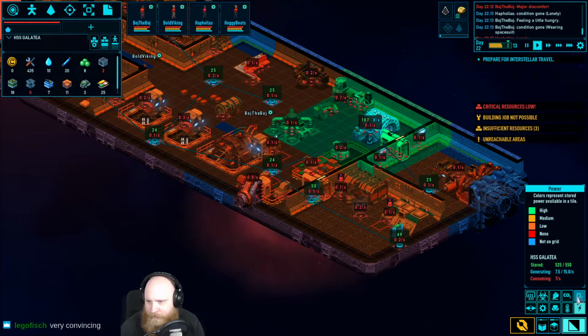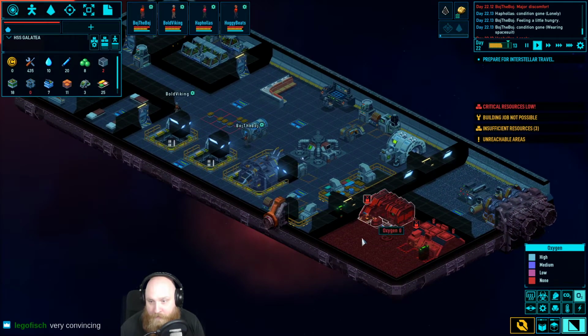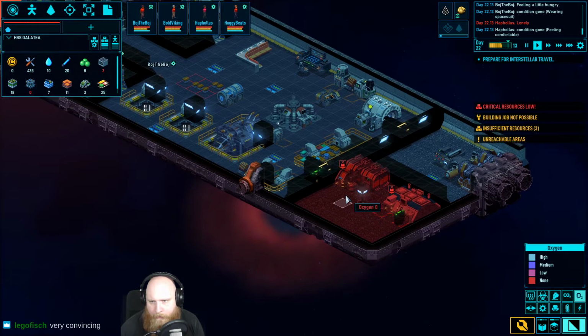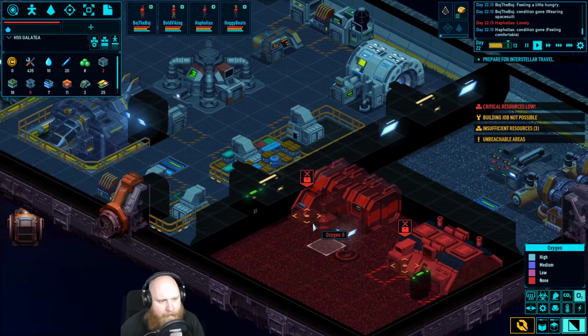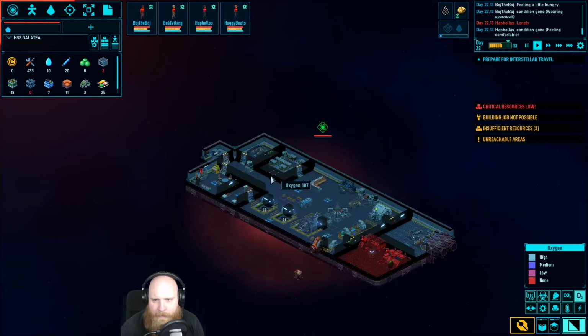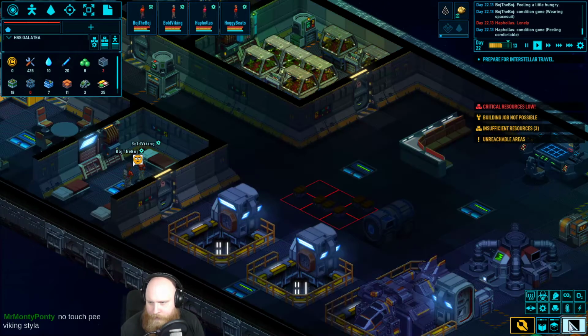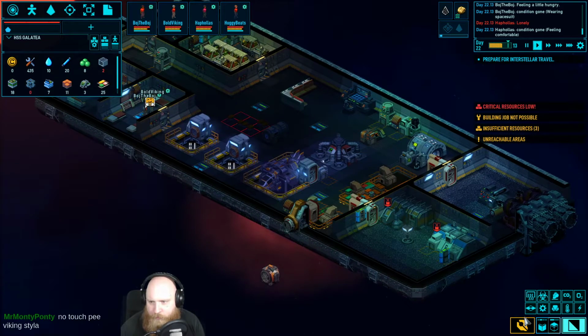Let's see, oxygen. No, there's no oxygen in here. Why is there no oxygen in here? Well, it shouldn't really matter, because they go in there with spacesuits either way, so...